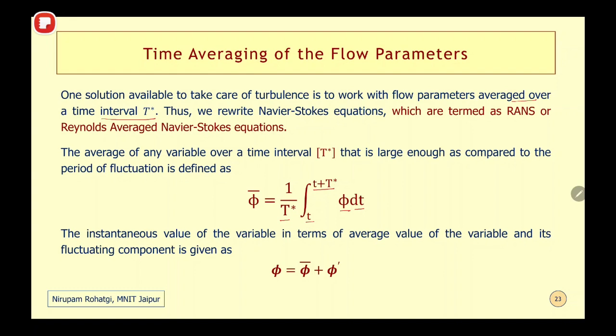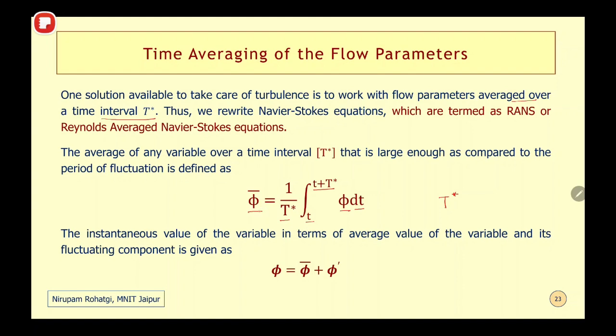Now t star is selected such that it is more than, you can say, the period of the vortex, so that you come back to the same. So you are averaging, that means everything is taken care of during that interval. Okay. So when you do that, what you are going to get,